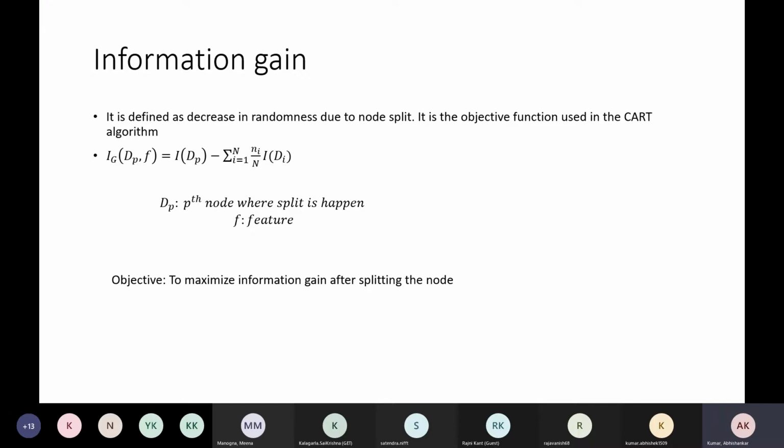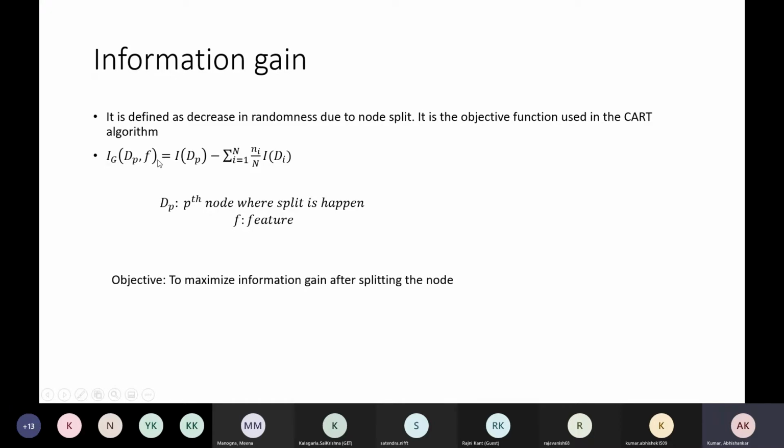Parent node contains all sorts of misclassification, all classes present in that node, but we want to separate that, and when we separate it, we'll say that this observation belongs to this particular class. So basically we are splitting the data and reducing the randomness present in the data. And we are quantifying the randomness reduction while splitting it, something called information gain. Correct?